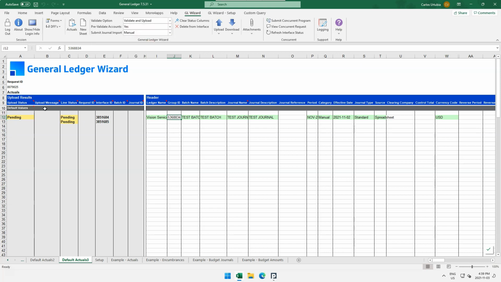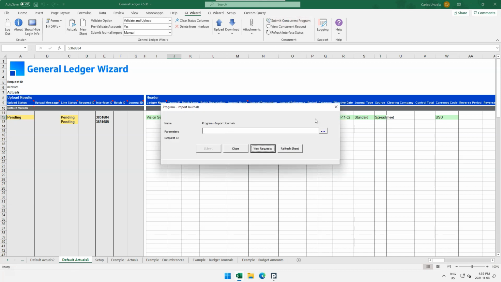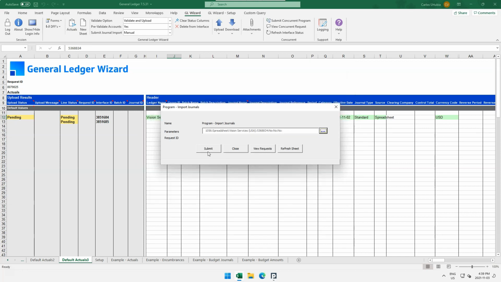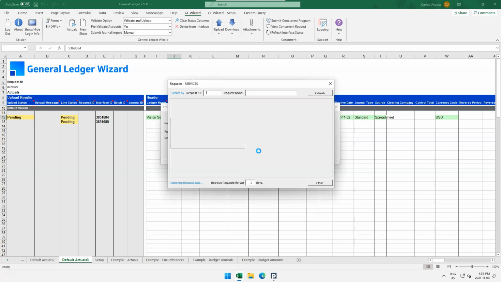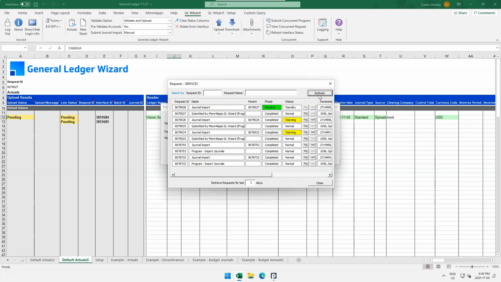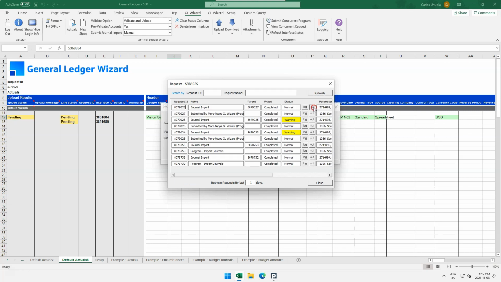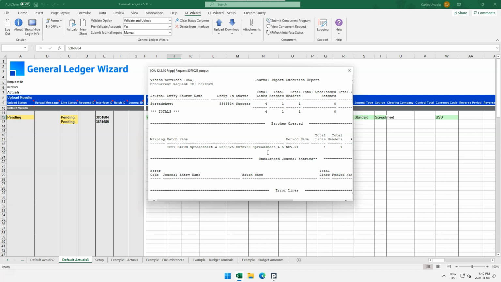Then here you see that the status is pending after you do the upload. Then to submit the concurrent program, I will press the submit concurrent program. And then I will put the parameters there. When I press submit, the wizard will just submit the standard concurrent program. I will wait until that concurrent is finished. And when it's finished, I could even look at the